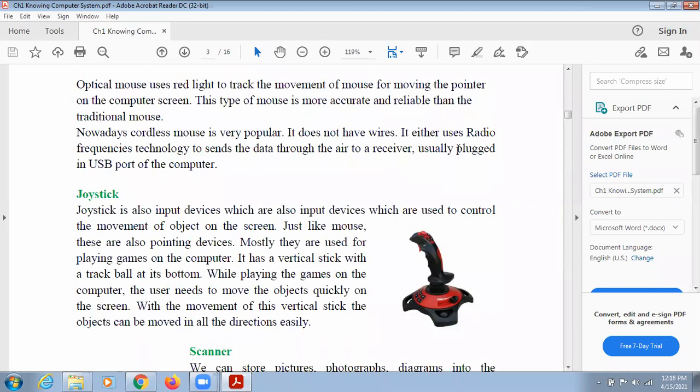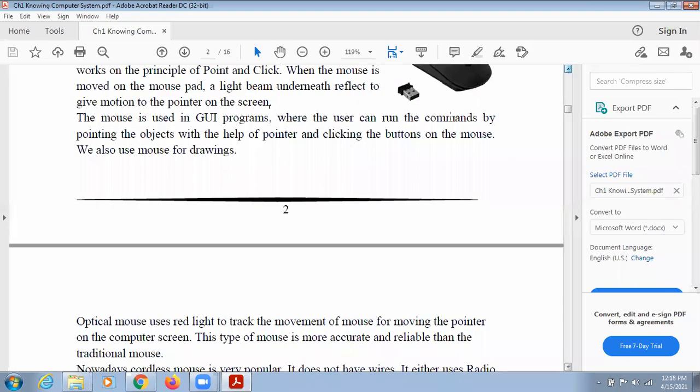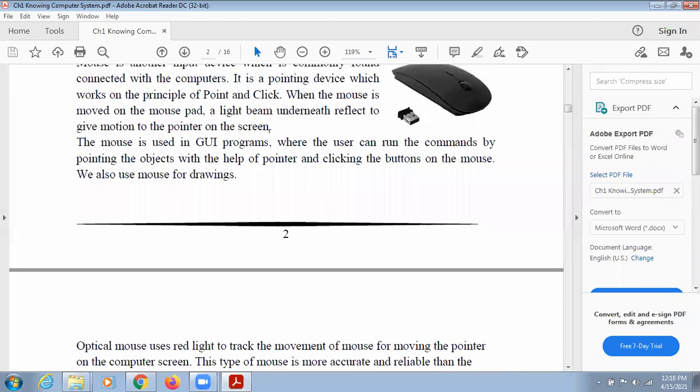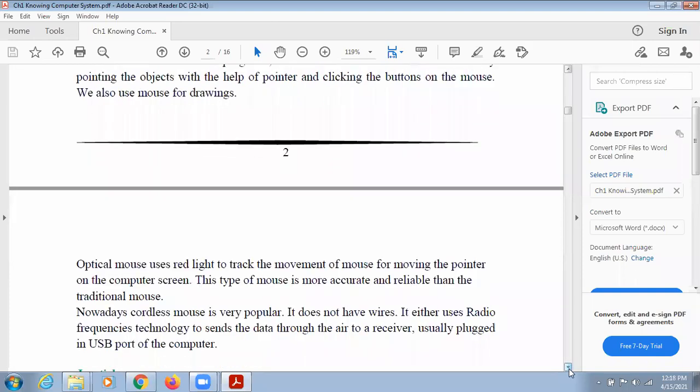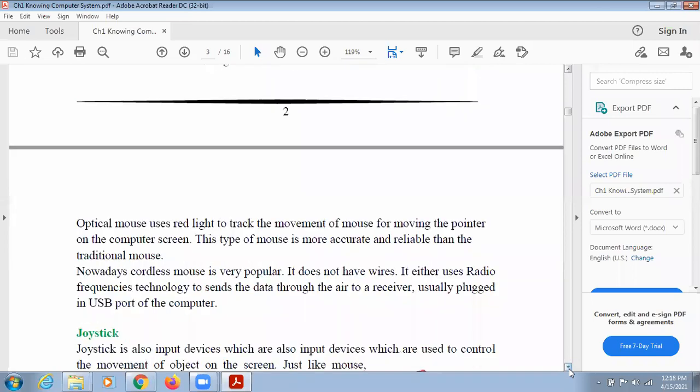उसके साथ एक छोटा सा mouse के साथ एक छोटा सा USB भी आती है. You can attach that USB into your laptop or into your computer like this one. This is a cordless mouse, so there is no wire for this mouse. You can attach this USB in your laptop or in your computer, and then mouse will start working. So this type of mouse is known as cordless mouse. It does not have wire.